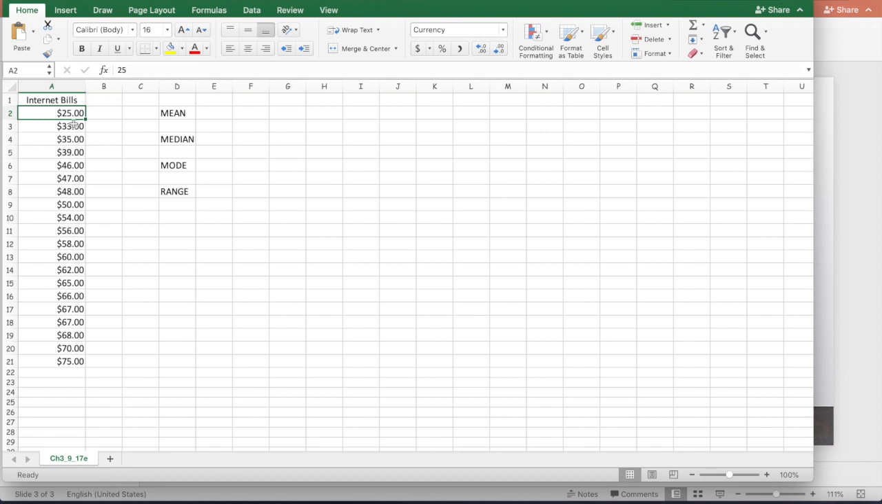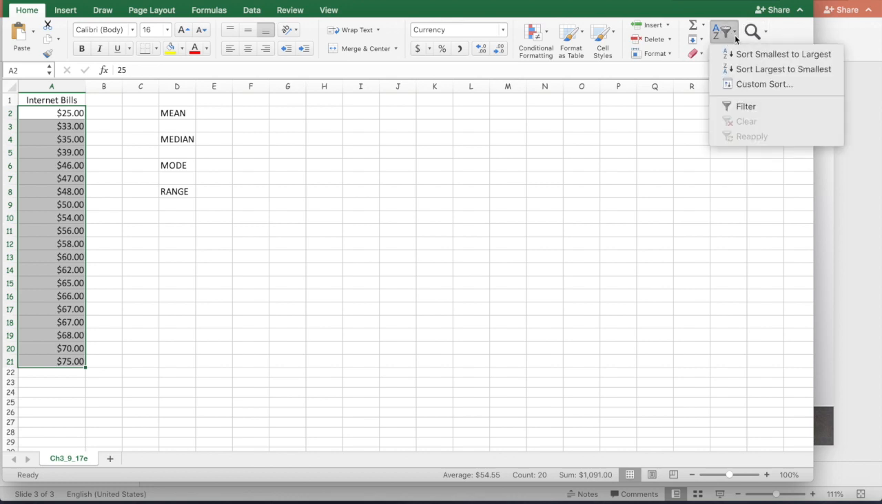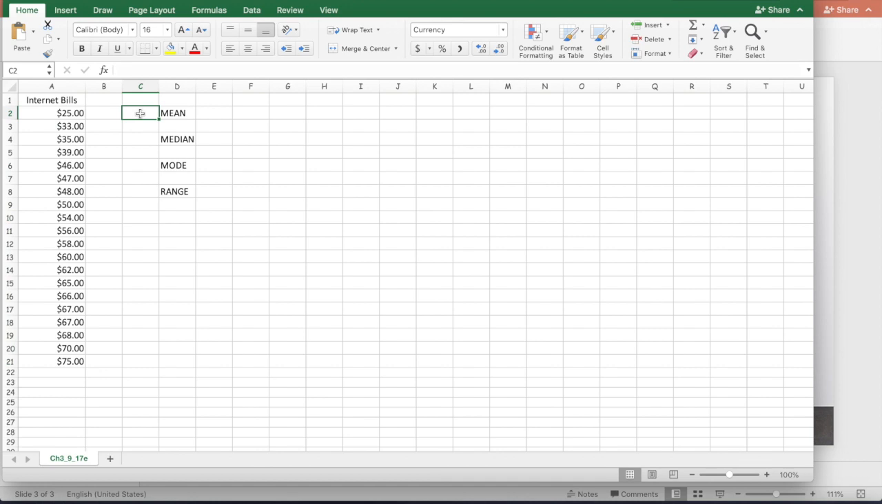I probably should have backed that out. But if your data set in Excel is not in ascending order, you simply highlight all the cells, go up here in the right-hand corner to the sort and filter, and then we would click on sort smallest to largest, and it would arrange our data in ascending order for us. All right, but now we're going to go through and let Excel help us find the mean, median, mode, and